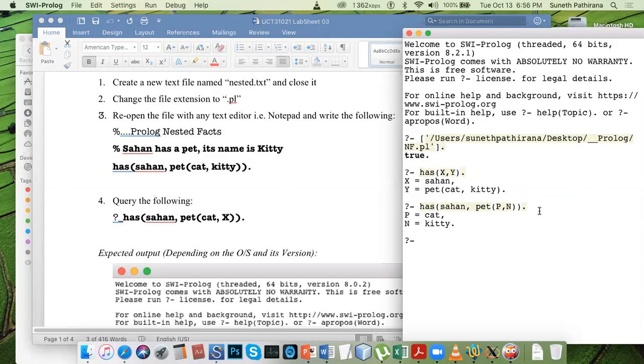So you can make it more complicated. The color of the pet can be defined as black. And the abilities of this cat, or the functions carried out by, the behavior of this cat. The cat eats something, the cat plays with something, ball, something like that. Cat eats cat food or something. So you can integrate more information. I'm not going to do that because that will be too much for you. First understand this, then we can proceed.